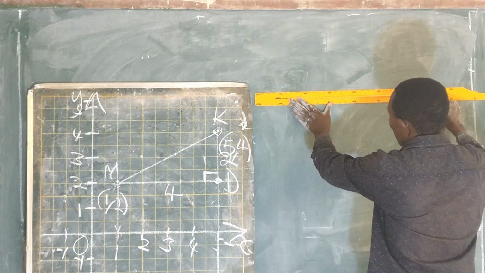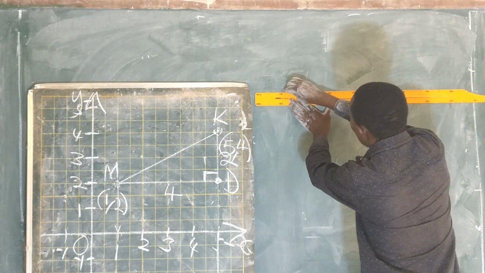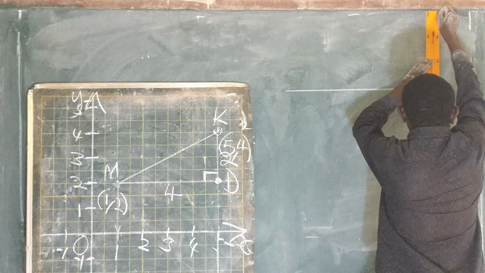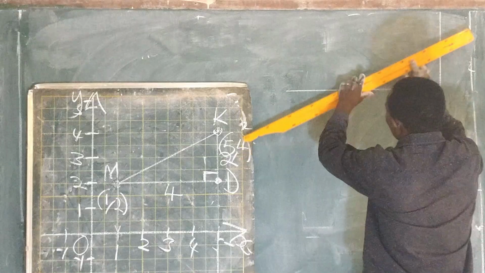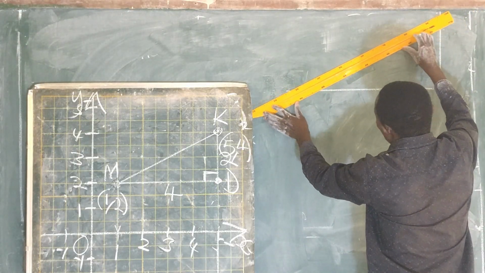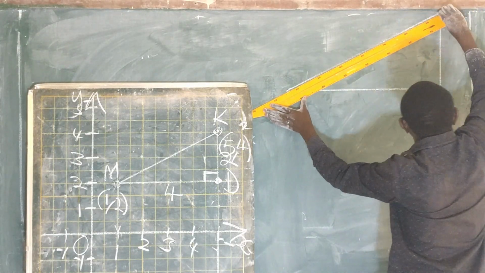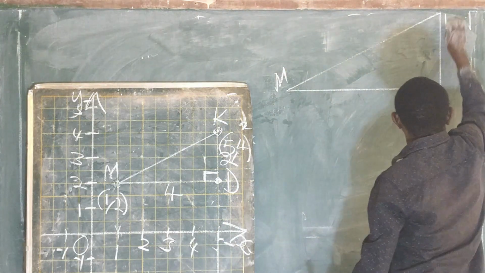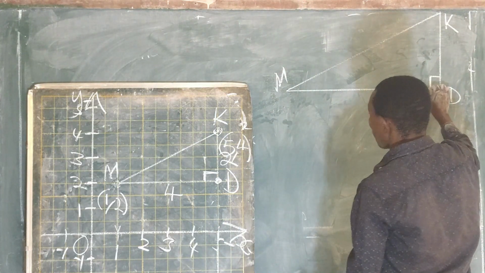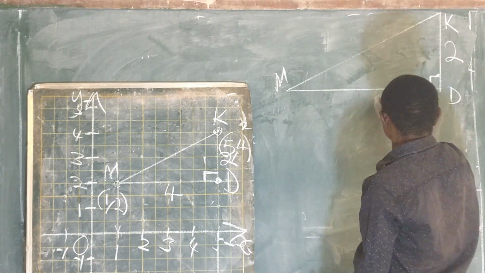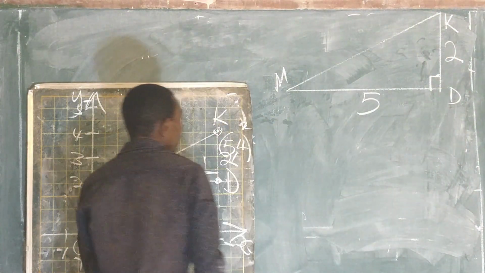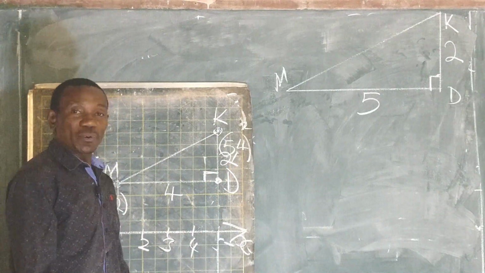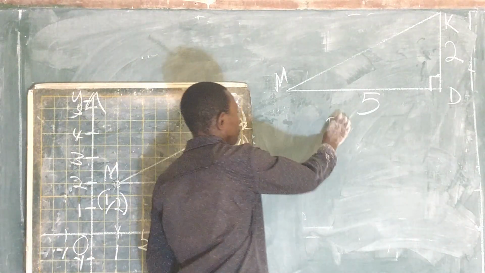So let me capture that one separately like this. This is our triangle that we have in there. This is M, this is K, this is D, right angle. Here, this is 2, this is 5. The target is finding MK. So to find MK by Pythagoras